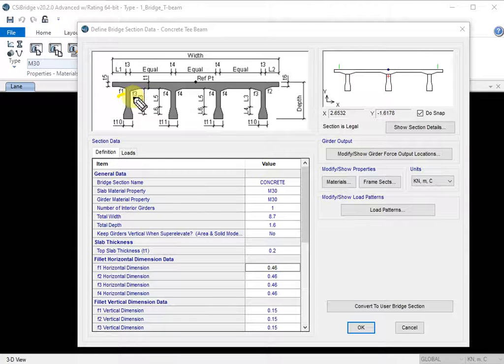For the interior girders, the fillet is F4. For the exterior, it is F1, F2, F3, F3. So here this is F1, this is F2, then this is F3, F3, and this is F4 and F4.